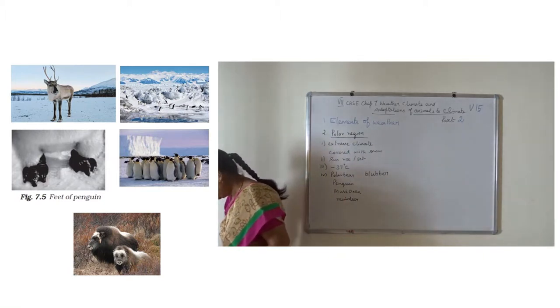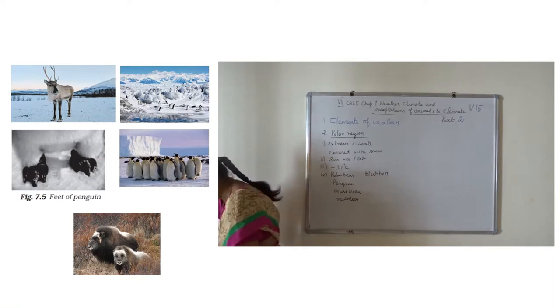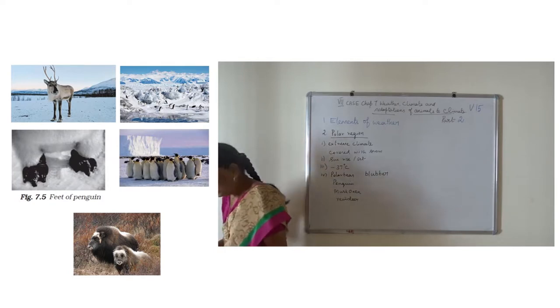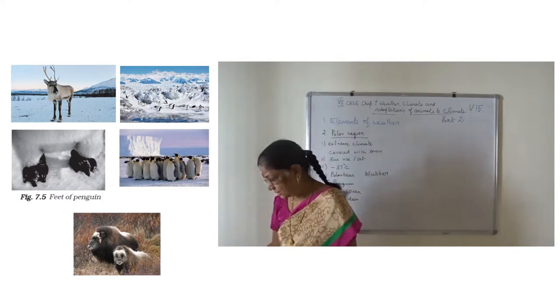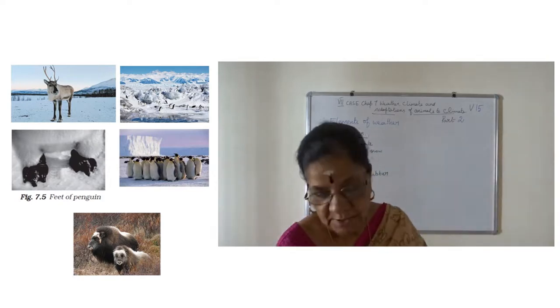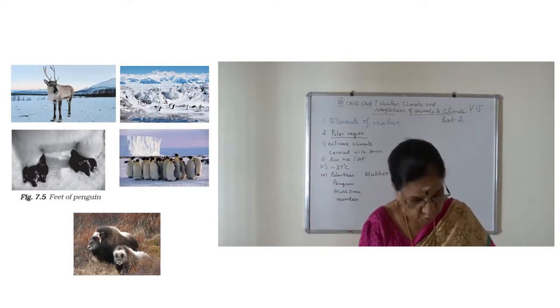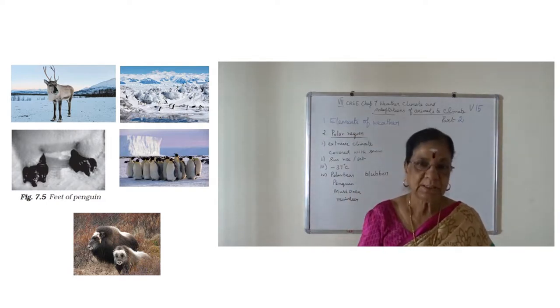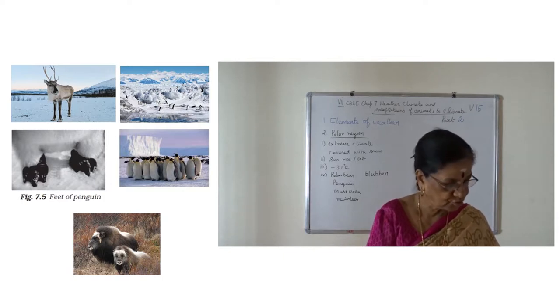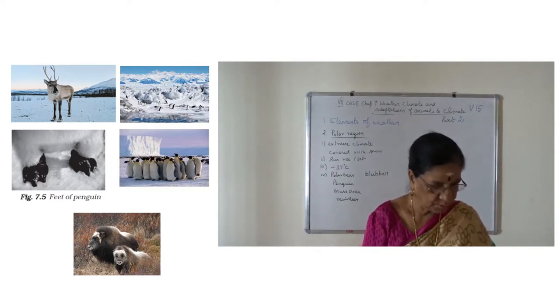The next one, we are going to see the tropical rainforest. What did I say? Polar region, we call it the opposite end of the globe, or the opposite end of the earth. Okay? And then one more,